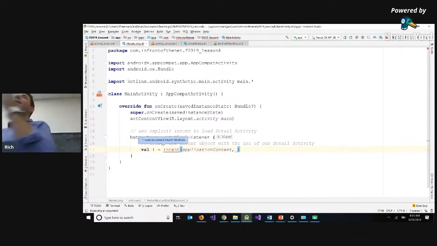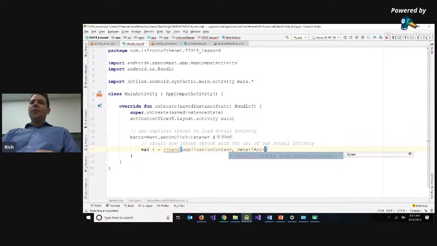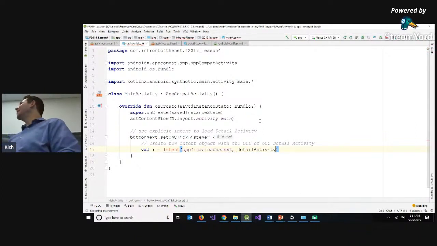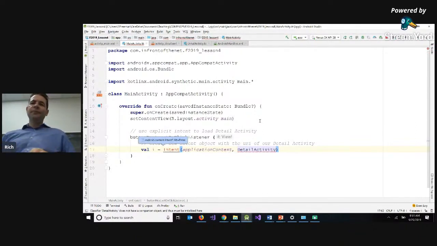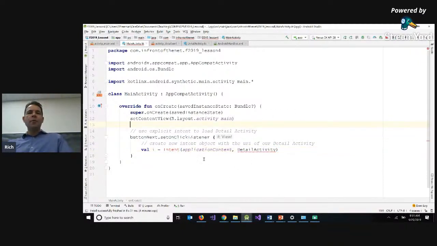Within, so the context is our app. It's explicit. We're staying within our app. So our context is the application context. We want detail activity. So we have two issues here. One is